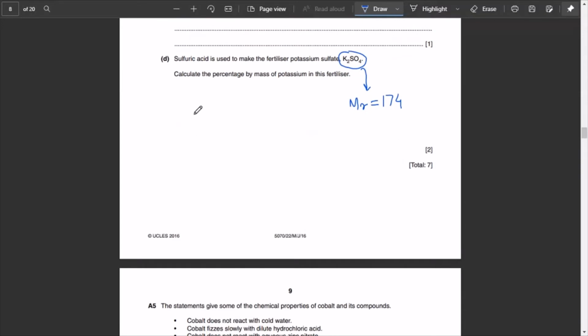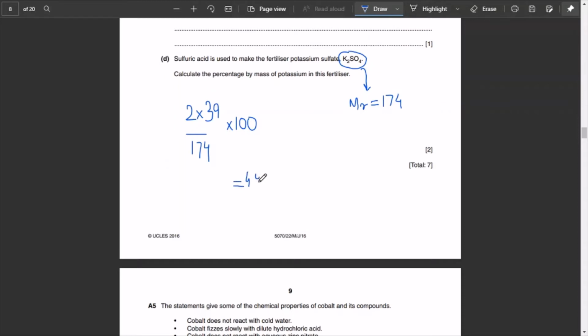Alright, here. So we are going to do 2 into 39 upon 174. Because we need to find the percentage, we're going to multiply it by 100, of course. And our answer would be